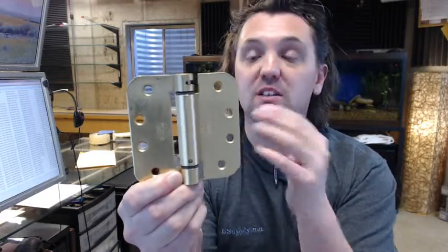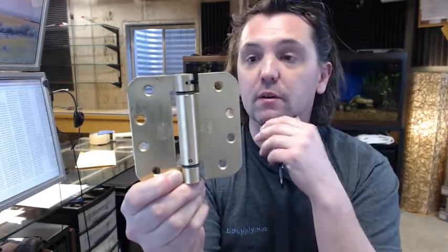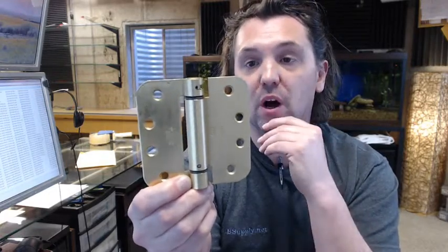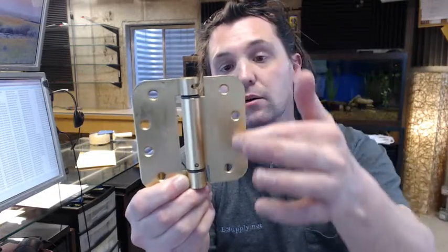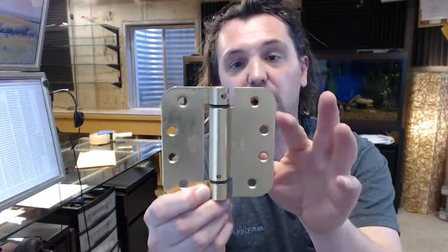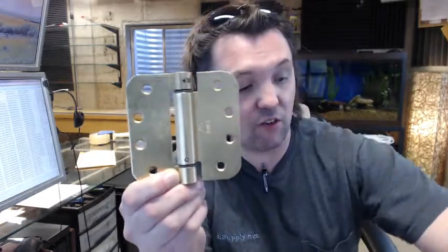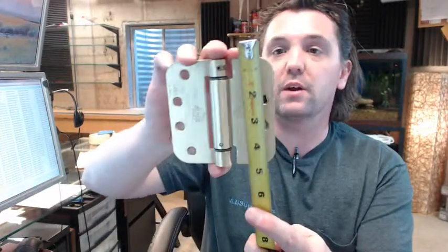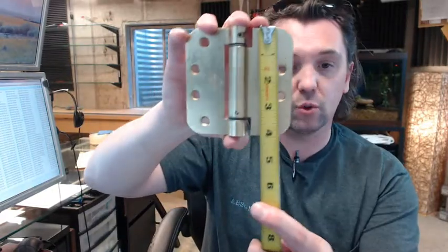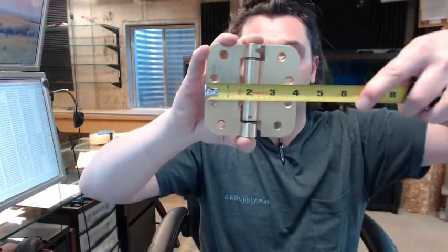The LB means that it is a maintenance-free style lube bearing by Bommer. The 4312 is representative of a combination of the screw hole pattern, which is considered a template pattern, and the 5/8 radius. The 400 means that it is 4-inch tall by 4-inch wide. Height always goes first on hinges like this, but since it's 4x4, I guess it doesn't matter. If it was 4x5, not that you'd get that in a spring hinge, the height would be first. So it's 4-inch tall by 4-inch wide, and the